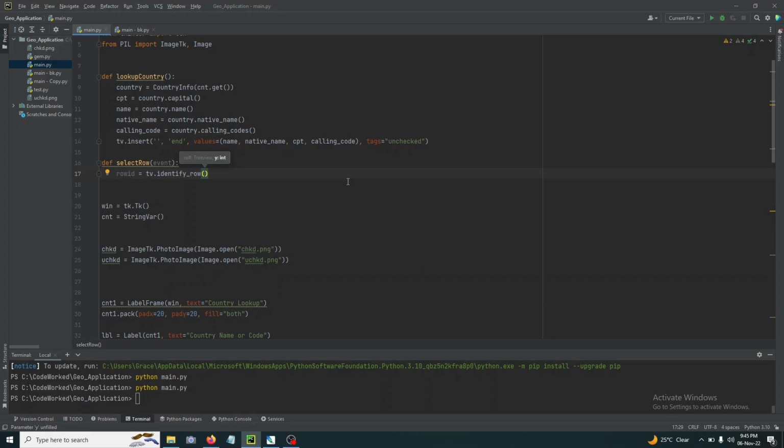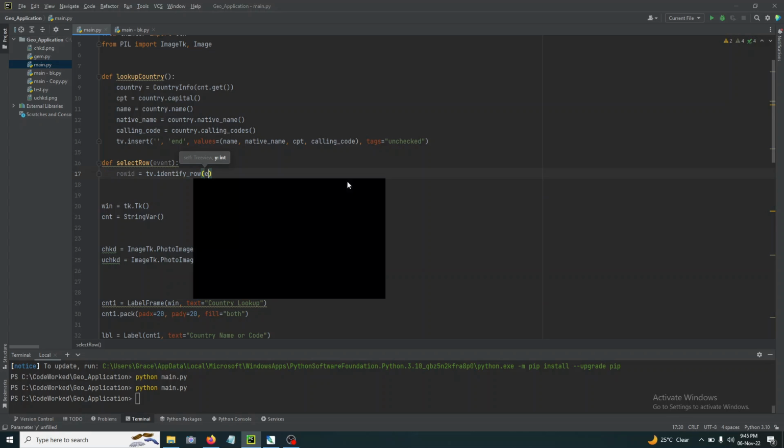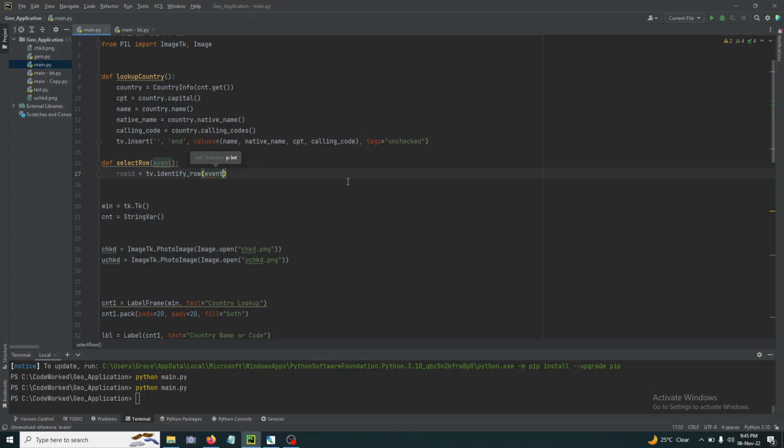And here I will pass event dot y. Event dot y means vertical, y coordinate. Okay,